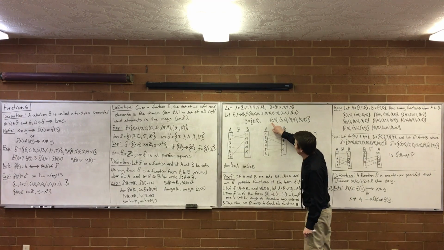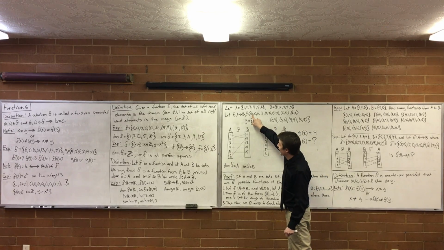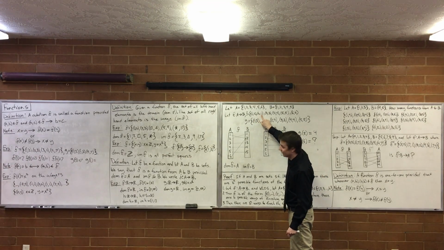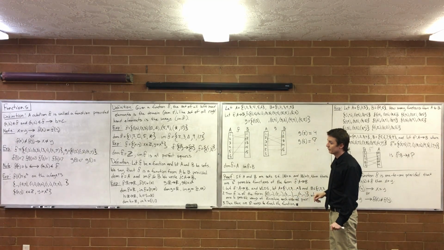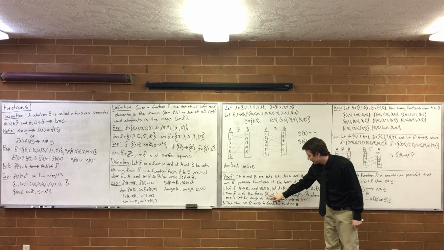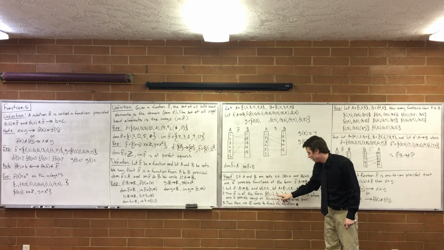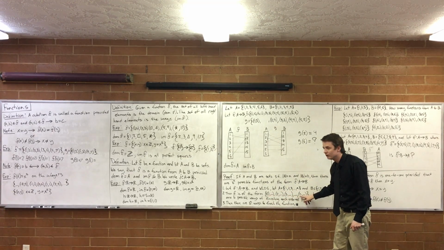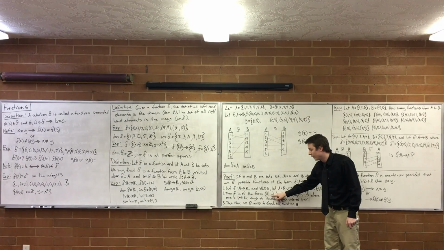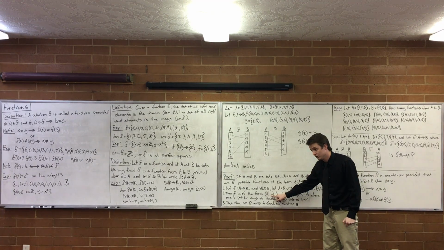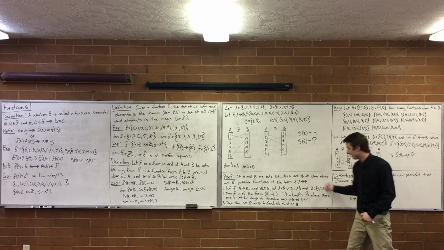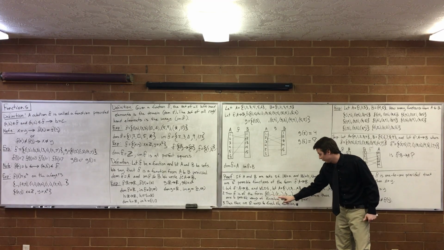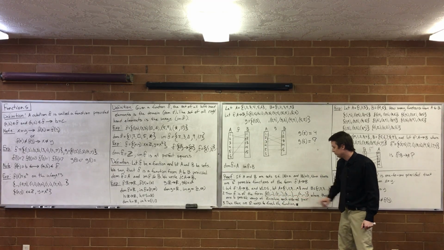Every left-hand element comes from A, and every right-hand element is in B. So here I write out all the elements in A: 1, 2, 3, all the way up to A. And for each one of those, I need to pair it with something in B. How many options do I have? B options. I can pick anything out of B and put it there. So I have B options for that one, B options for that one, B options for that one, and B options for that one.